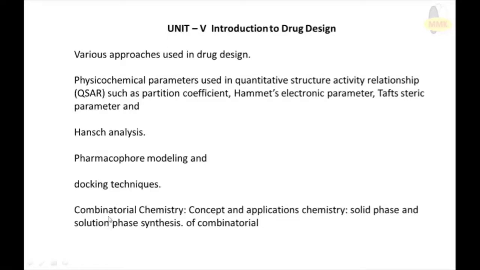And then we have one more very important part of drug design, that is combinatorial chemistry, where we come to know about the principles and practice of producing large libraries of compounds in a short period of time so that drug discovery time can be reduced. Okay, so these are the topics which we are going to discuss in this unit. So today we will see the introduction to drug design. Why do we have to design a drug and what is the background for it, that is what we are going to see.